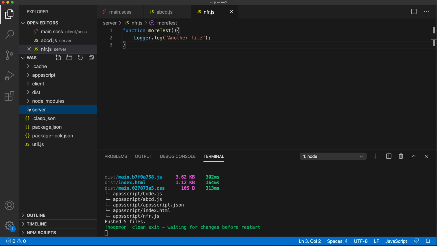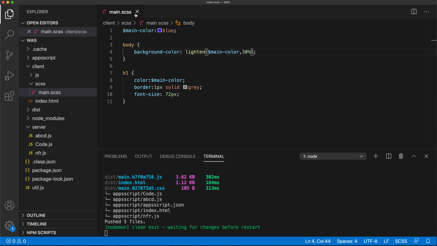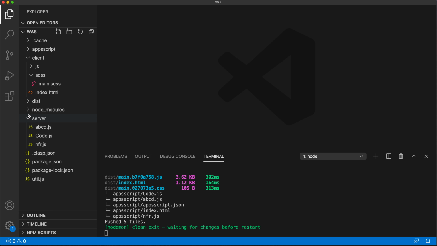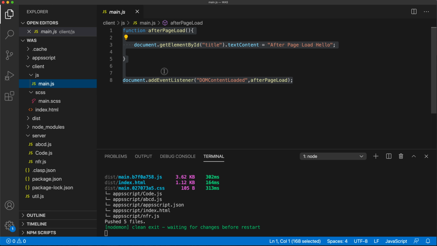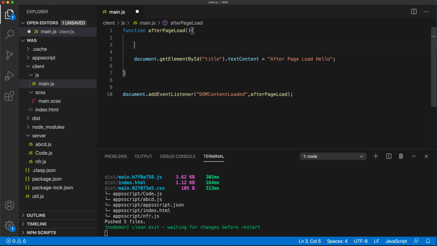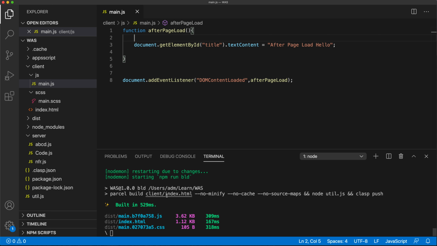We can also use ES6 in our front-end client side now, because Babel that's included in Parcel is automatically going to convert it to whatever it needs to be. So here I could do let, const, all of that stuff, arrow functions. And finally, you could add one more step to this whole thing to actually open up the link after the